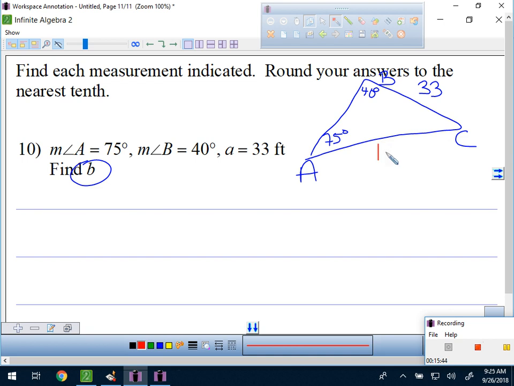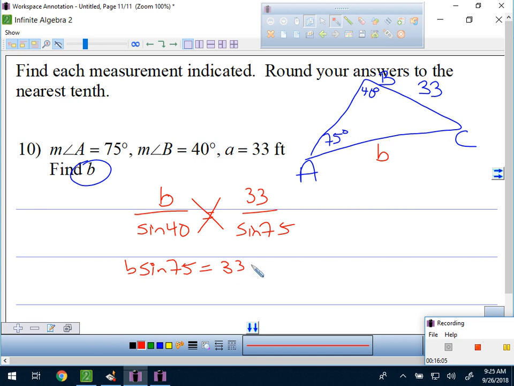So I can't assume any of those angles are right, so that means I have to use law of sines. Now if you notice, I'm going to pair this up. Side B is going to be paired up with sine of 40. Side 33 is going to get paired up with sine of 75, and that's my law of sines. Now cross multiply, so you get B sine of 75 equals 33 sine of 40, divide by sine of 75,